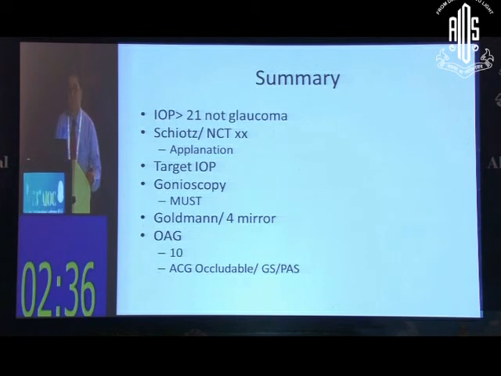Gonioscopy is a must. And what I suggest, again I reiterate, is that you must do 10 open angle gonioscopies. Do it next week. See the structures starting from the iris side, and then move on to angle closure. Don't be thinking of seeing ciliary bodies and ciliary body tumors. Whether you see them or not, leave it to the glaucoma specialist. But open angle and angle closure, you must learn how to do manipulative gonioscopy. You must learn how to appreciate goniosynechiae and peripheral anterior synechiae.